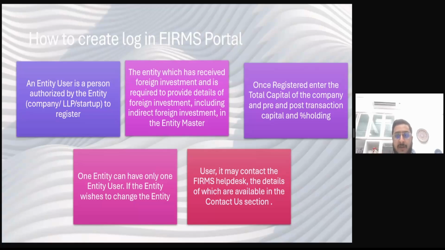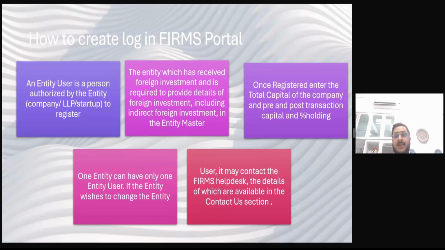Now, for example, if you're doing an FC-TRS transaction, suppose an Indian company is transferring shares of an Indian company to a non-resident. Let's say Indian company A is transferring the shares of company B to a non-resident. So whose entity user and whose business user will be created? The entity user will be created of company B, whose shares are getting transferred. And the business user will be created by entity A, who is doing this transaction, transferring these shares, and who is responsible for filing